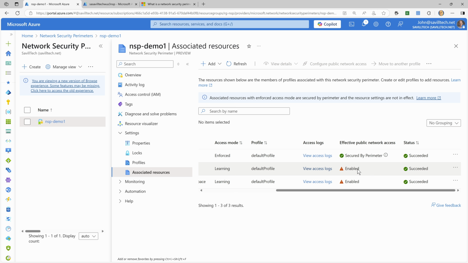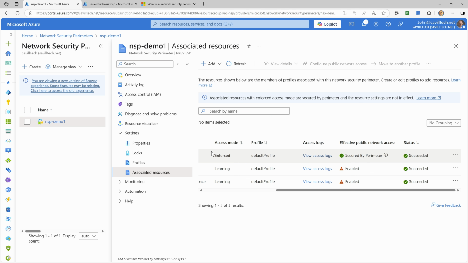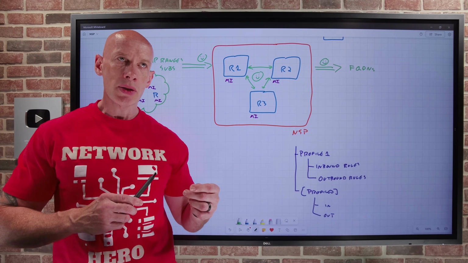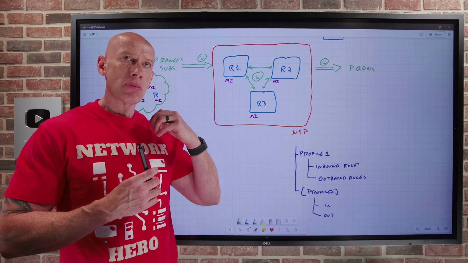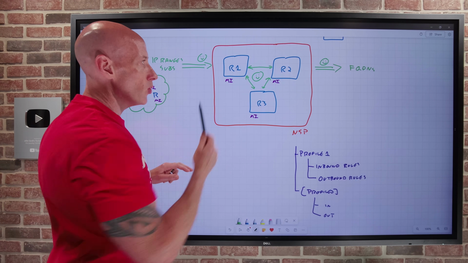Now, also something interesting you're going to see here is this idea of an access mode. And the default is going to be learning. And then you can manually change it to enforced if you want to. So this is a really important point. Think about what we're going to do here. We are going to change how resources can talk to each other and how other things can do inbound and